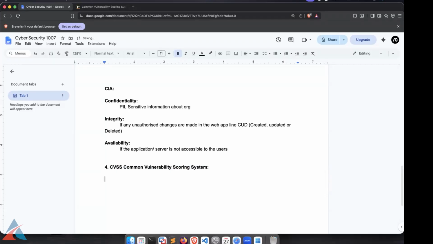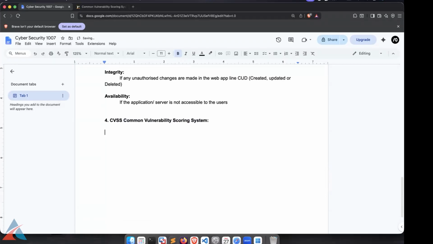Okay, so here there are four severities of vulnerability. First one is critical. Critical means the vulnerability which makes the most critical impact.